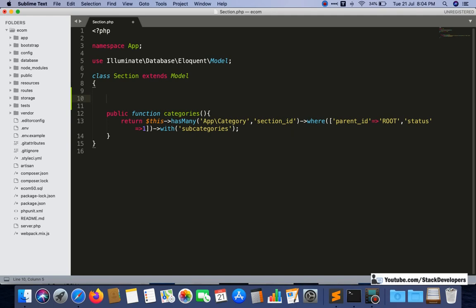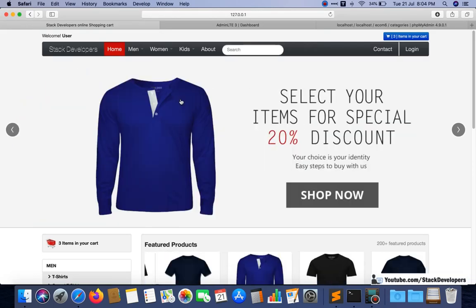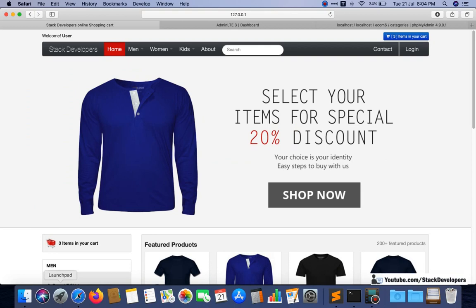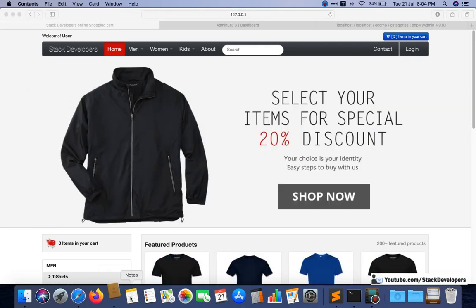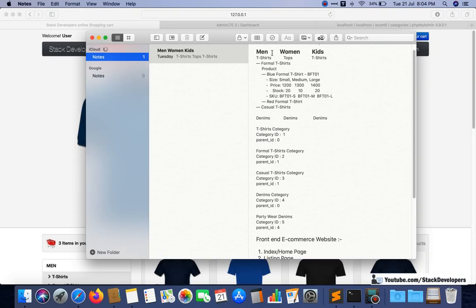Now we want an array: first the sections will come, under those sections the categories, and under those categories the subcategories.